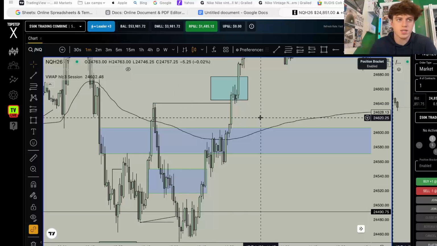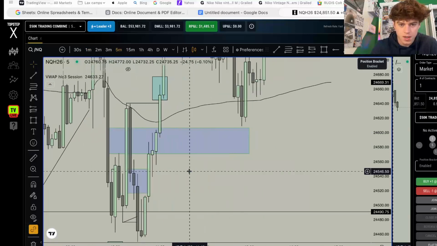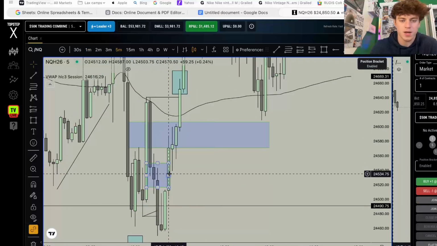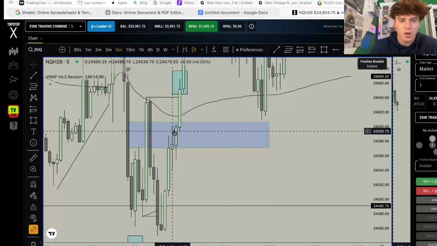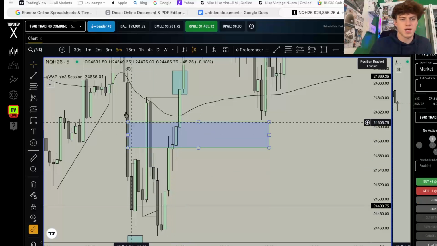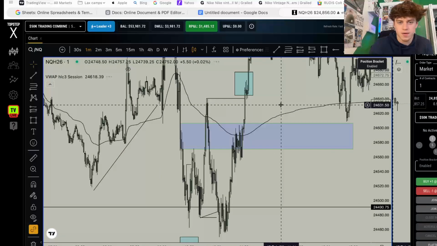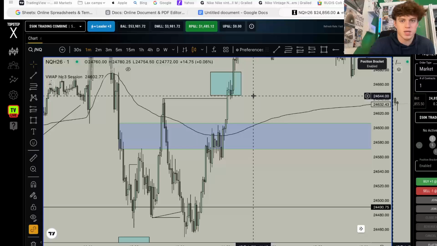Like, you guys have to realize sometimes this just isn't gonna work. Sometimes it isn't. You have to be smart about it and not overthink it too much. Like, I wouldn't even look at this 5-minute gap right here. We're not trading price action. We're not trading ICT concepts. Like, this is literally just like straight gambling with a high probability of it working. And if it doesn't, you guys have to just suck it up and be like, all right, well, I tried to make a little extra money to pass this eval.